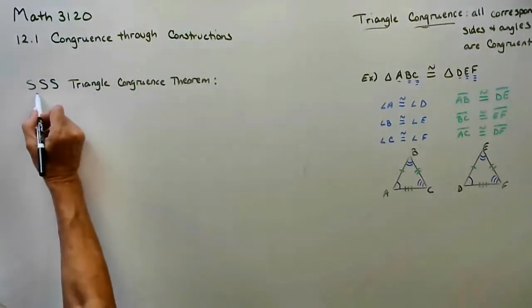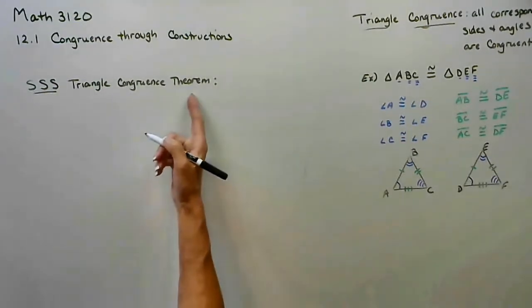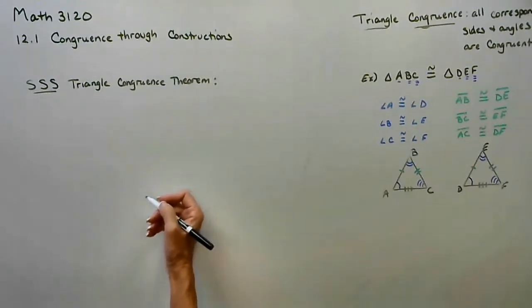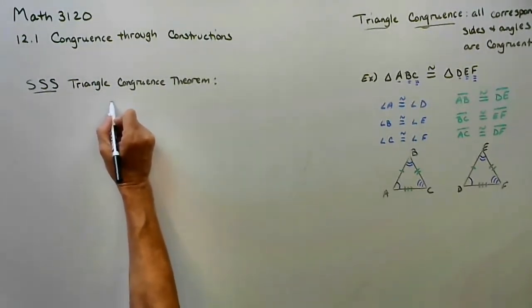And I will accept SSS. So that stands for side-side-side congruence theorem. And what it says is, these are theorems, so these are if-then statements. These are conditional statements. So the hypothesis says,